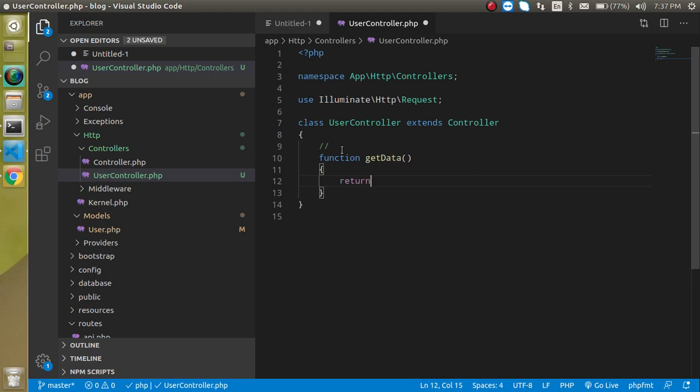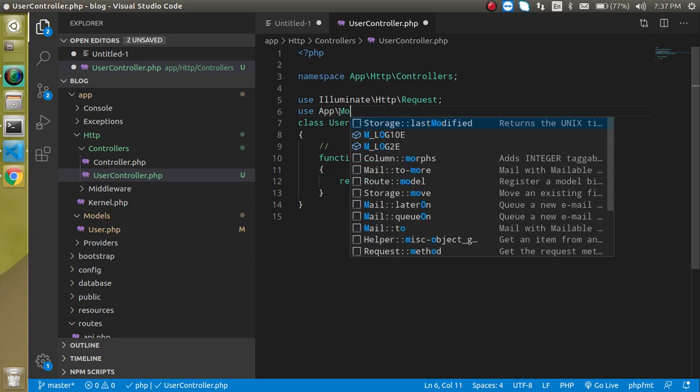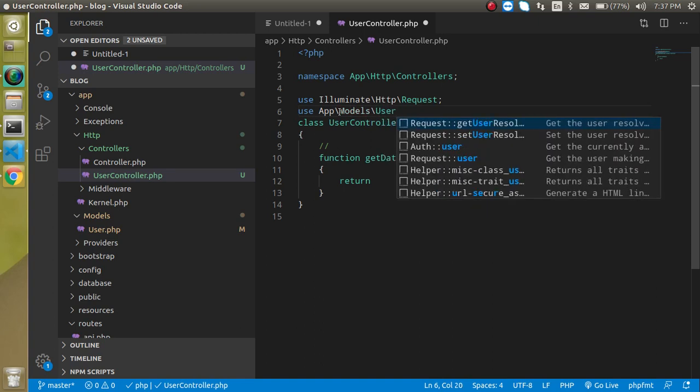And now simply return here, and what we want to return is the data which is present in our table, right? First of all, we need to import the model here. Just write use App\Models\User, right?